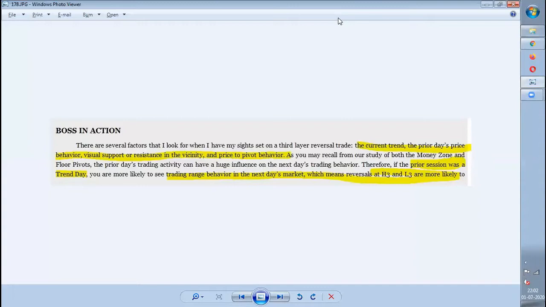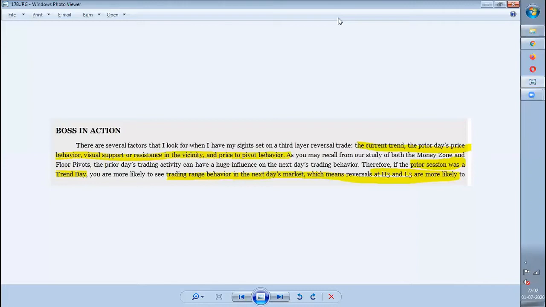So in the previous videos of Camarilla, what we have covered is that there are four layers in the Camarilla equation: H3, H4, L3, L4. Pivot Boss has colored H3 and L4 as red, which are going to be the reversal zones, and L3 and H4 as green. He has colored them to know that these zones are color based zones. For example, H3 is a red zone, that means bears are going to take control, and H4 is a green zone, that means bulls are going to be in control.